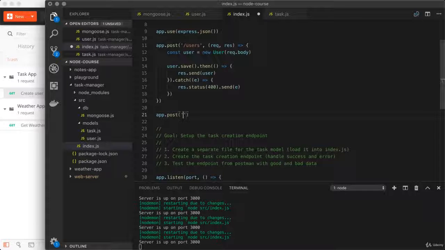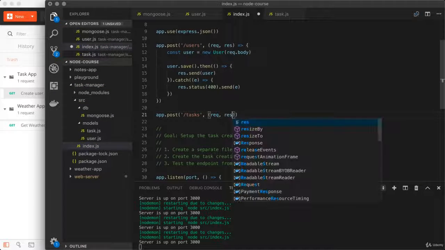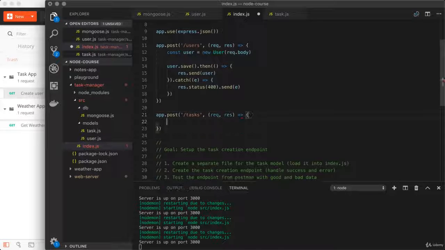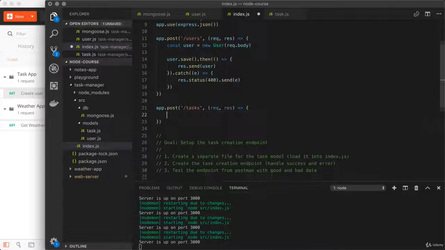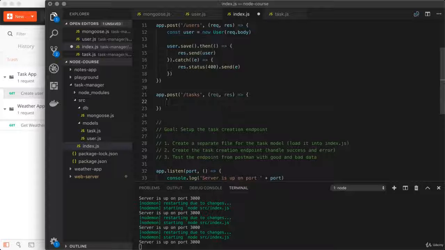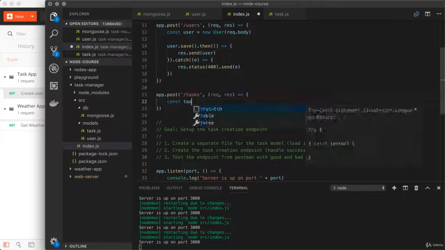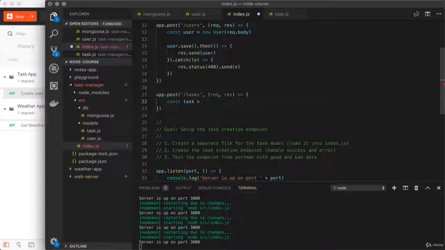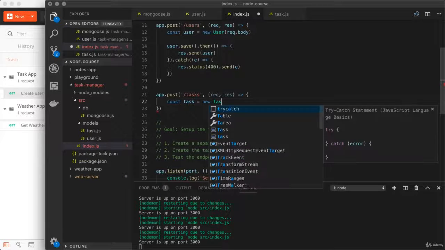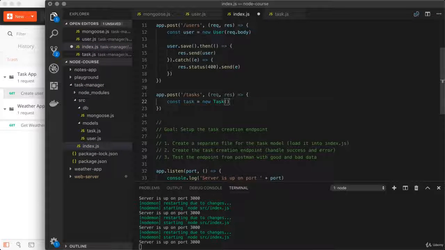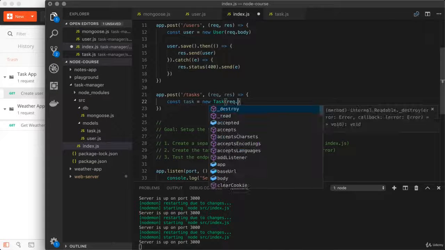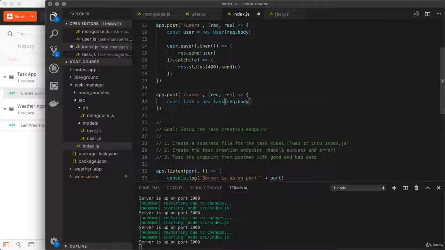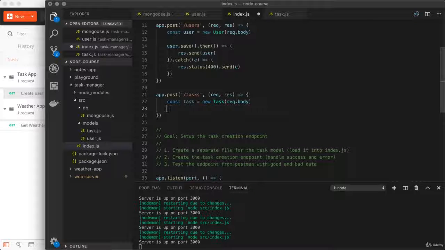Now we can set up another call to app.post to set up our other resource creation endpoint. App.post, setting up the path, which would be /tasks, and setting up that callback function. We get the request, we get the response, and inside of the function, we're going to go through the process of actually creating the new task. To start that off, const task equals. Right here, I'll use the new operator with the task constructor function, and once again, I will provide request.body as